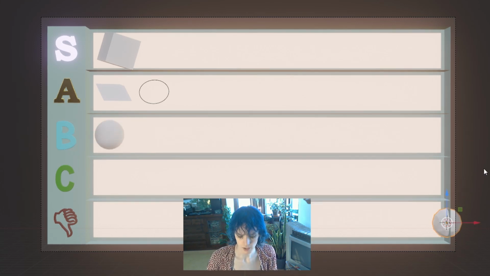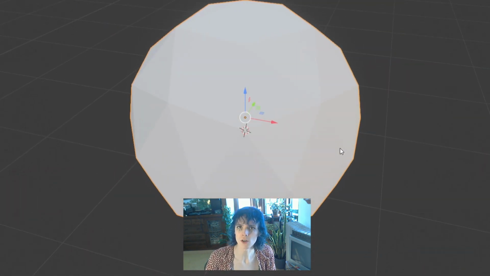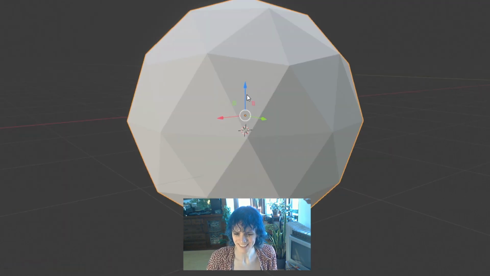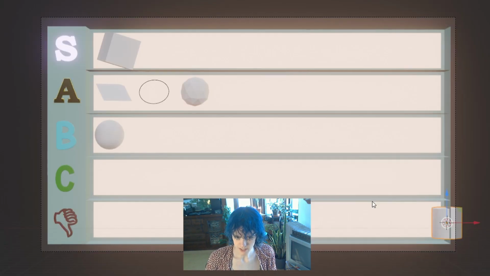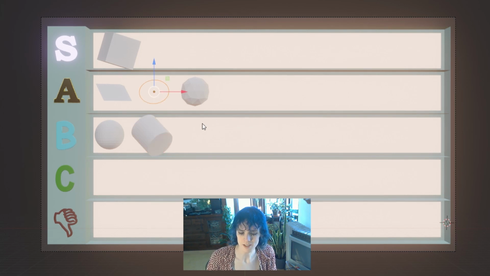Next up, icosphere. Come on, I don't think I really need to say too much about it. It's just the cooler sphere. Next we got cylinder. This might be a controversial opinion, but it's only B tier for me. The thing is, I usually start with a circle if I want to make a cylinder. Because you just start with the basics. But it's still useful. It's definitely good to make hot dogs and stuff,